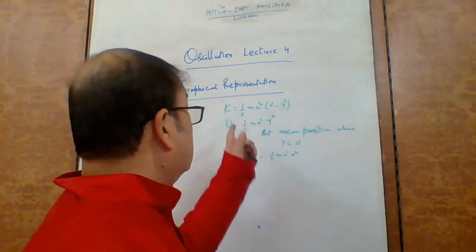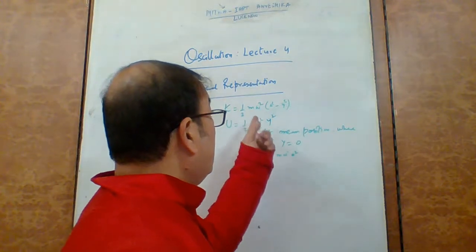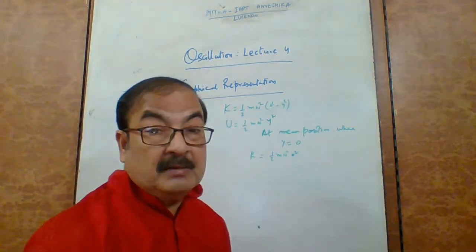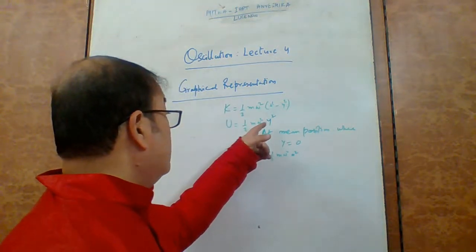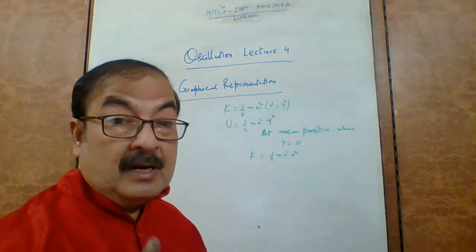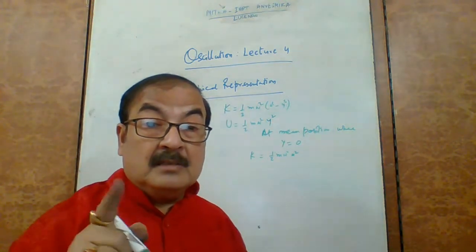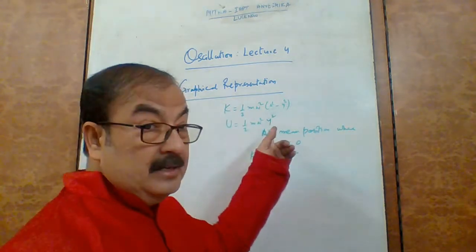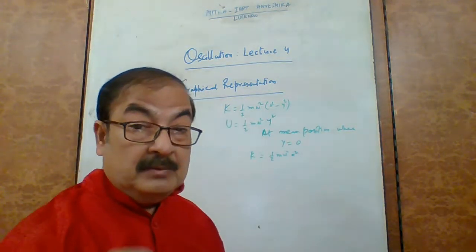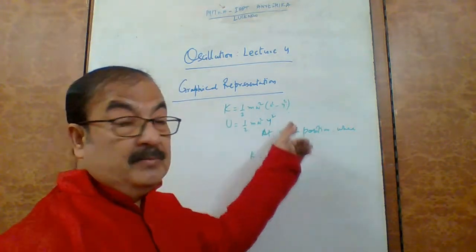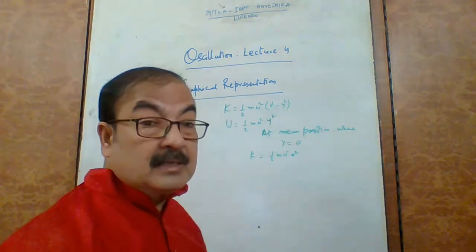Yes, we know that kinetic energy is given by half m omega square (a square minus y square), and potential energy is given by half m omega square y square. Remember, for total energy it could be a square, but initially we have written it as y. Sorry, at a is the total energy. The total energy does not involve y, but when we calculate potential energy, y is there. That is when they added this, the y square is cancelled out.